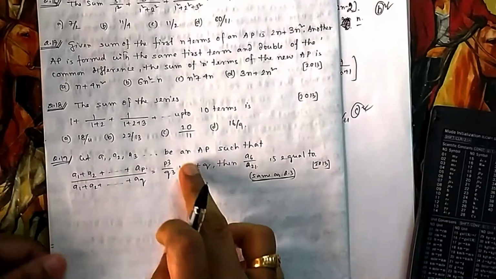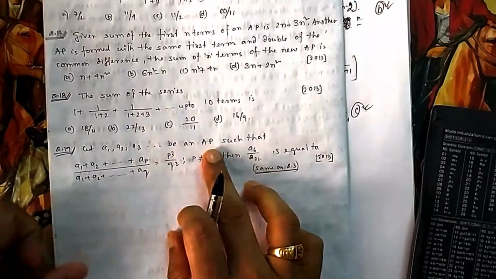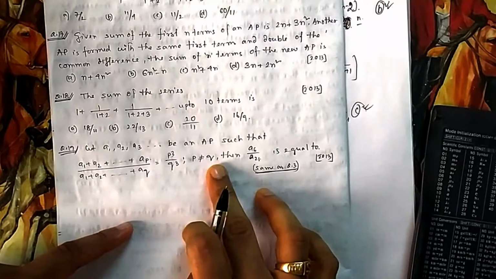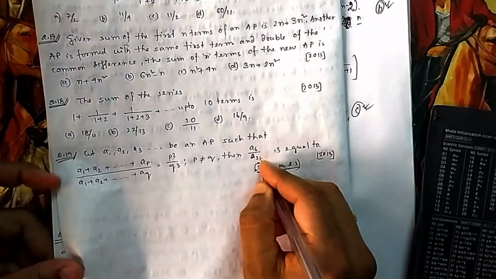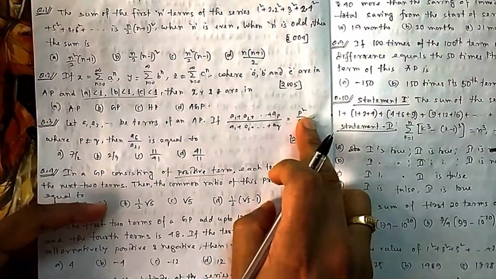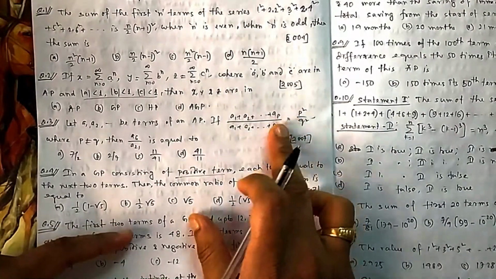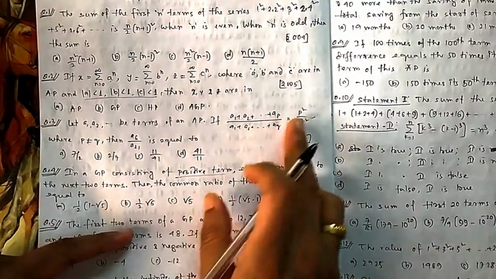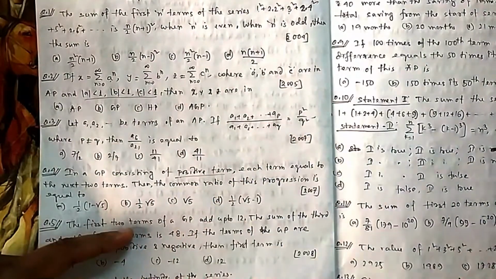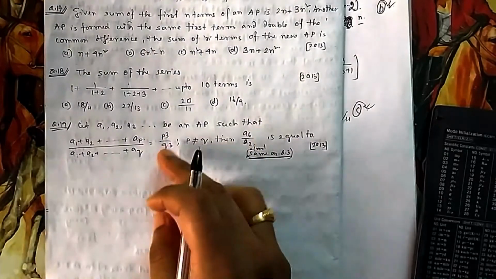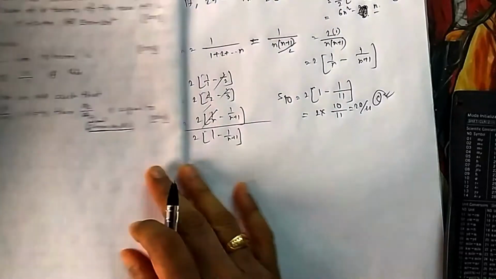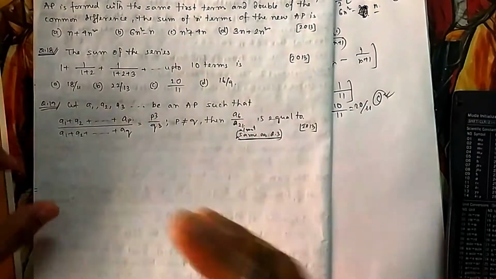Question 19, if you see, A1 to A3 are in AP such that the ratio of sums is equal to P cube by Q cube, P is not equal to Q. Then it is almost the same as question number 3, but there it was P square by Q square. In that case, when we solved it, we wrote the formula and the cross product and factorized it easily. But if it is P cube, Q cube, then it will not be so easy to factorize. So we can do question number 3 the same way also, but as 3 was easily factorized, I have done it that way.